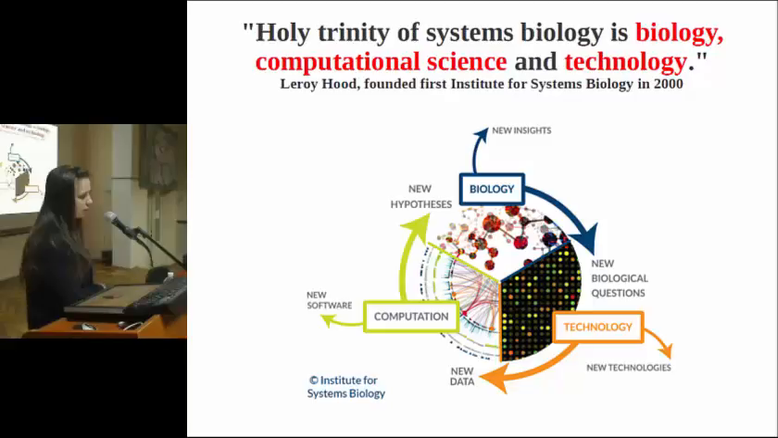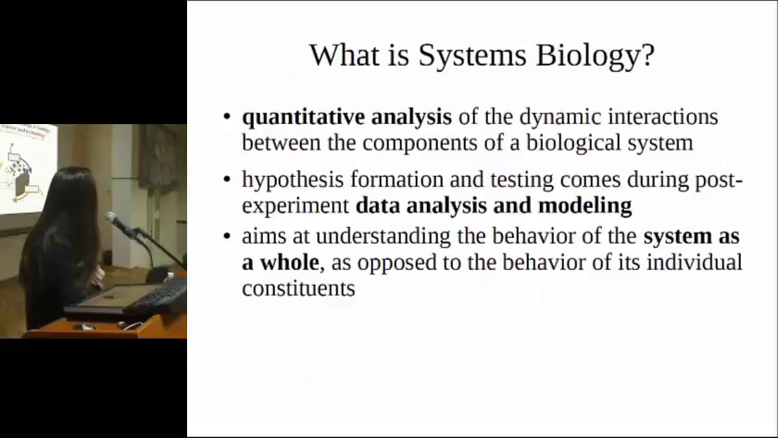So technology generates a lot of data, and it gives data scientists the ability to construct models which give new insights and new hypotheses, which are then verified by experimental studies, which again produce new data. So we have a full cycle which never ends. So what is systems biology? First of all, it is quantitative analysis, which is impossible without next generation